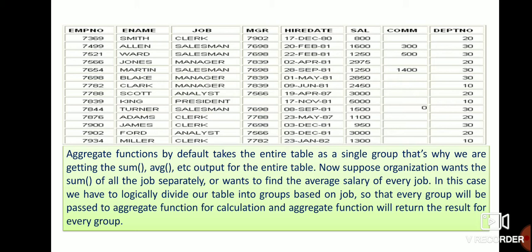Not individually; it will not calculate over the whole salary column. It will calculate in the group. For the 10th department, what is the data? 2450 plus 5000 plus 1300. So this will be the output for the 10th department. Next, the 20th department, it will calculate and display the output for the 20th department.